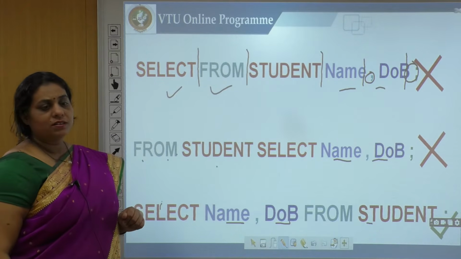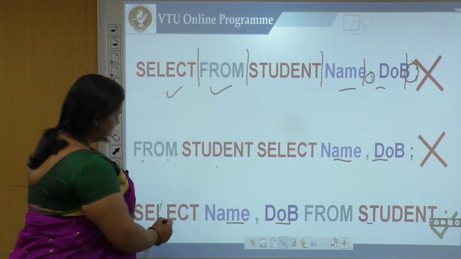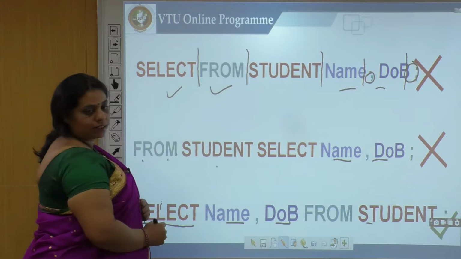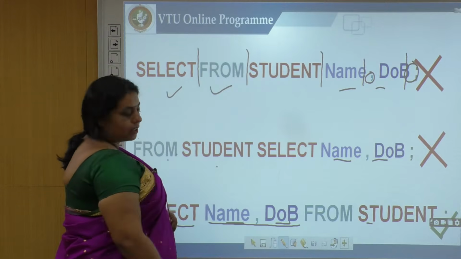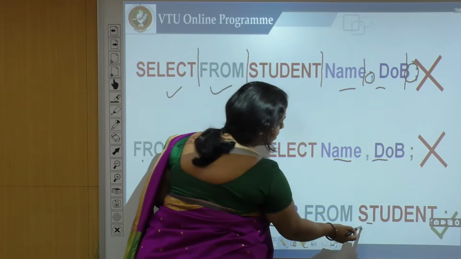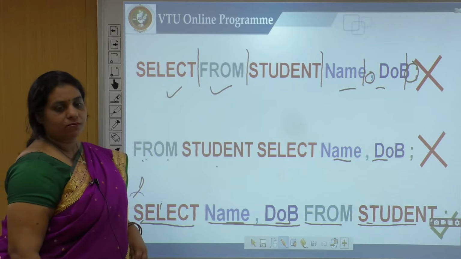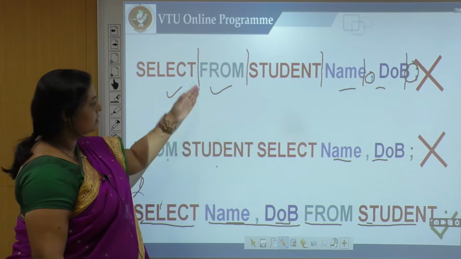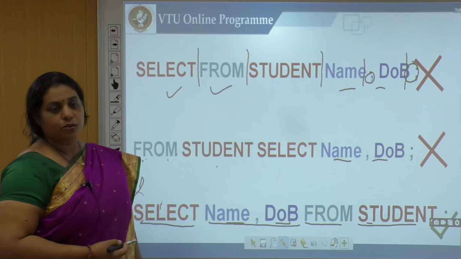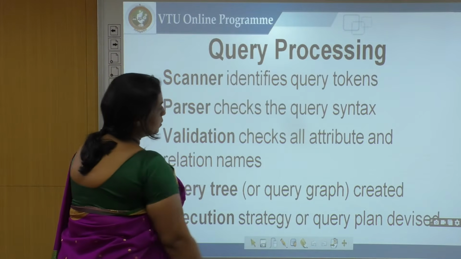What is the syntax? The syntax for writing the select query is to use the keyword select followed by the attribute list, then from, followed by the table name, right? This is our syntax. If I compare the correct syntax with the other two statements, they are wrong. This is how the queries are processed.